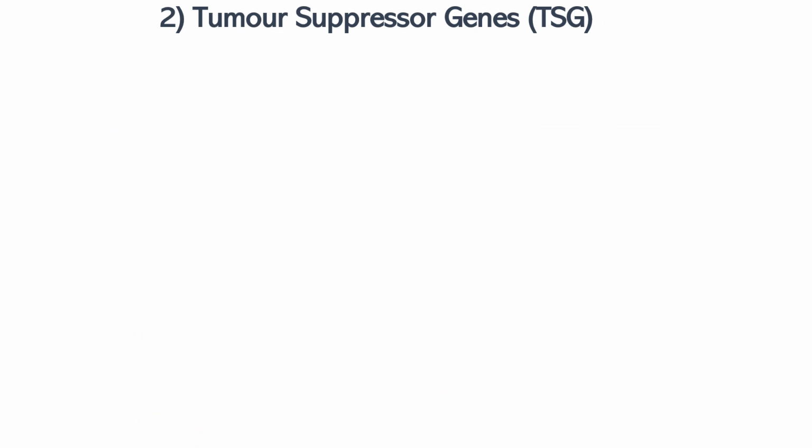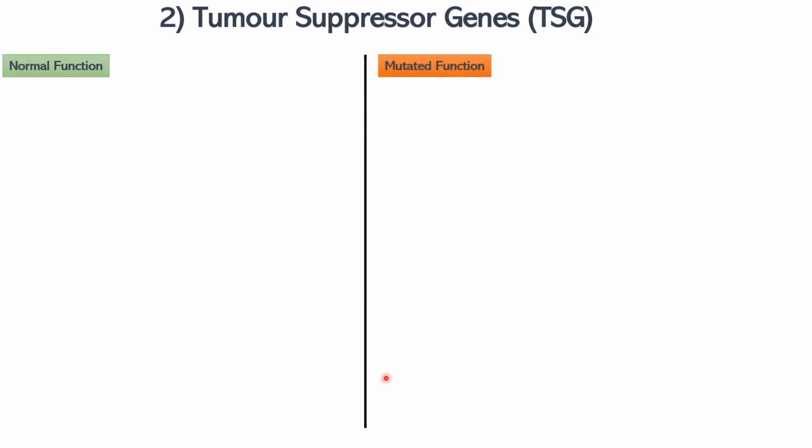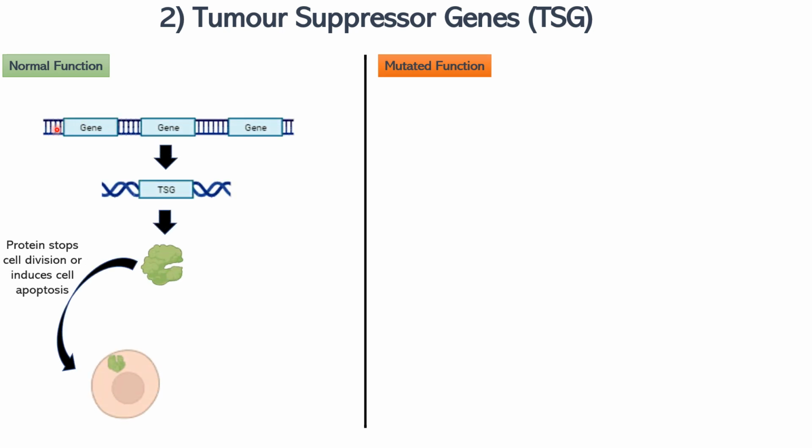So the second type of genes that affect cancer are called tumor suppressor genes. They are commonly associated with cancer. So as before, we will go through the normal and mutated functions. As we said, the DNA has many areas that contain genes, and some of these genes are called tumor